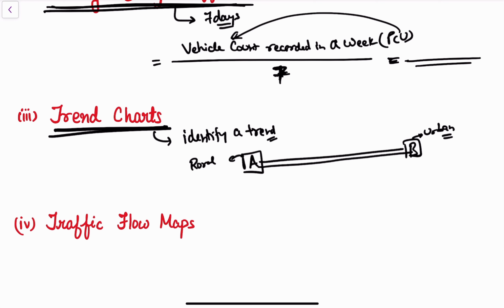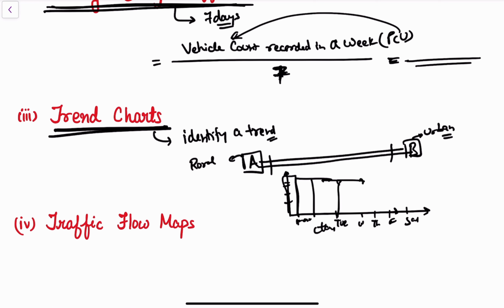So what we do is we do the traffic study in this road section, and from here what we observe is that we have the days of the week, that is Monday, Tuesday, Wednesday, Thursday, Friday, and likewise Saturday, right? And we have the traffic volume. So from there, we see that the quantity of traffic that is moving along the weekday is somewhat higher, while on weekends the traffic volume decreases, because